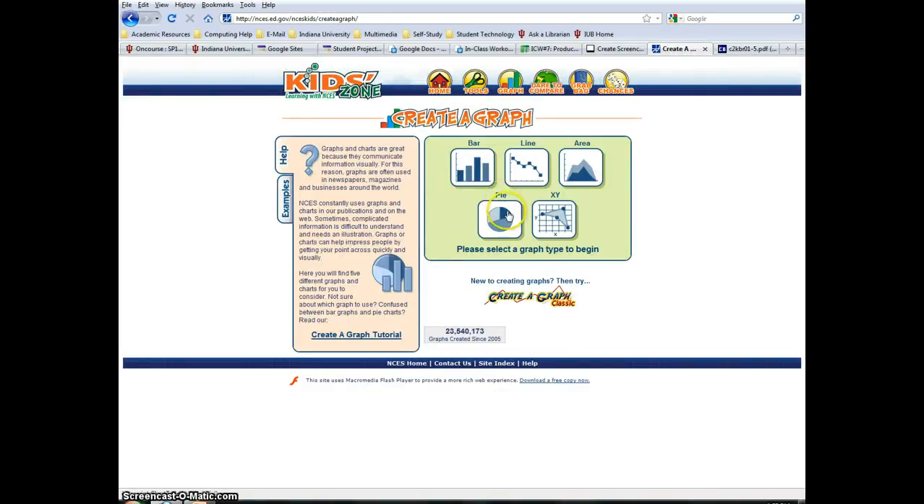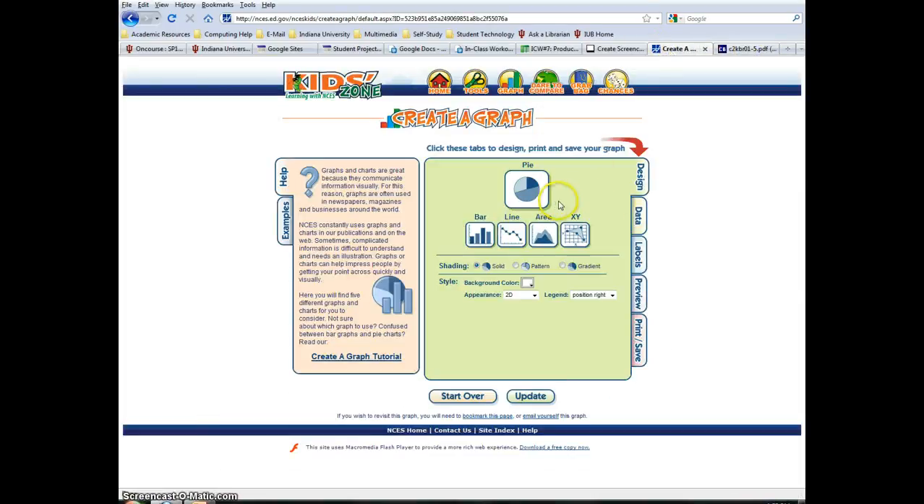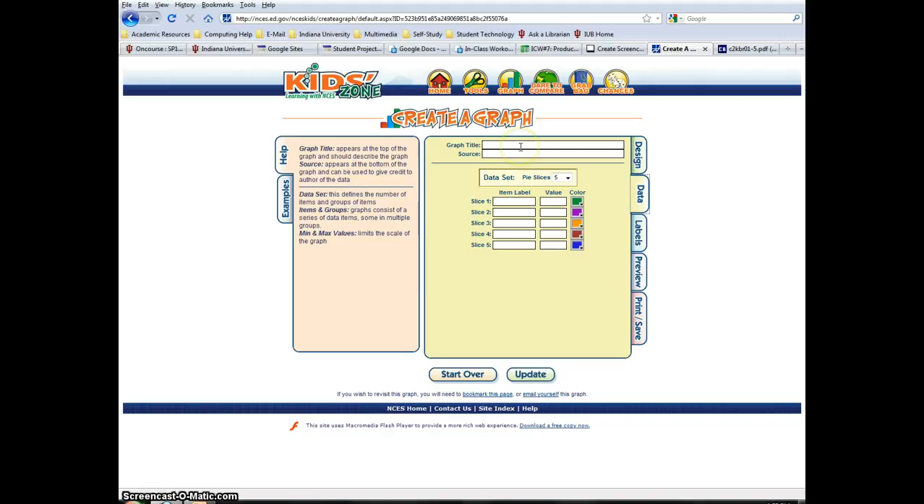And first we'll create a pie chart of the selected data that we used right here. So first thing you do is pick the design, which we want to be solid. Background color, we'll have it be white. Oh, it's a pie chart, I'm sorry, not a bar graph. Okay, then next we'll go to data, and we'll put in a graph title, which will be